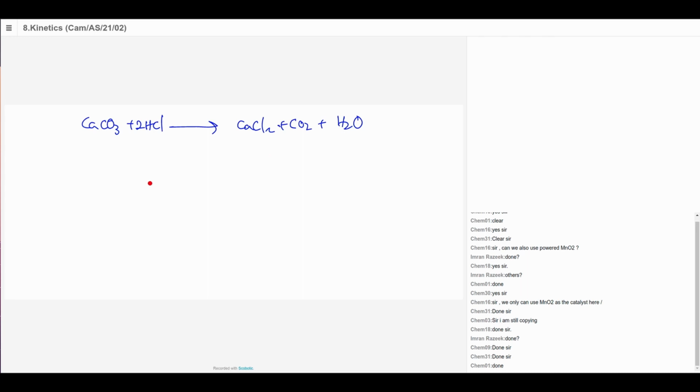But for a change, I'm going to use a different method because we have used the same method twice. I'm going to record the decrease in mass, a different method of measuring the rate. As carbon dioxide gas is given off, the mass of the reactants will decrease. So you have here